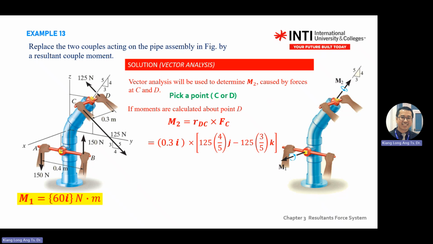This one X is 0, but it moved down and to the right. So right, you don't have i, your Y is here to here. So here to here in y direction is 4/5 j,